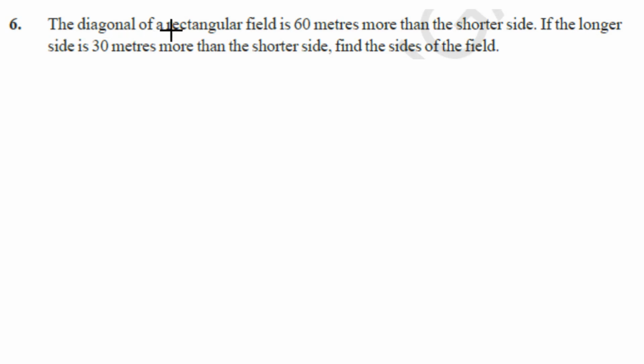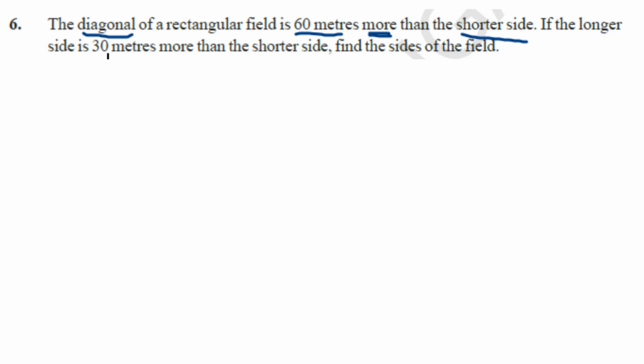So what is given? The diagonal of a rectangular field is 60 meters more than the shorter side. So here the diagonal of a rectangular field, how is it? It is 60 meters more when it is compared with the shorter side of the rectangular field. So what is the shorter side in a rectangle? It is breadth. So that means here the diagonal is 60 meters more than the width of the rectangle, and